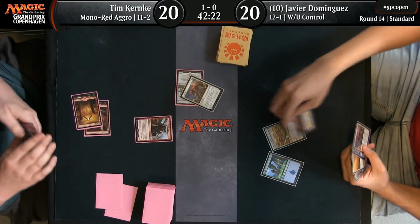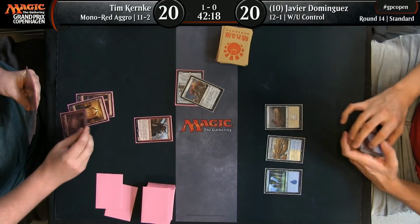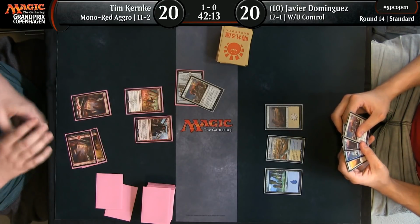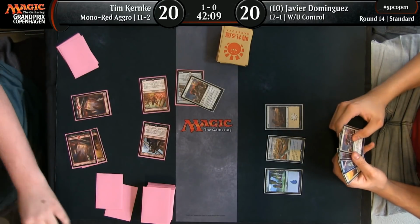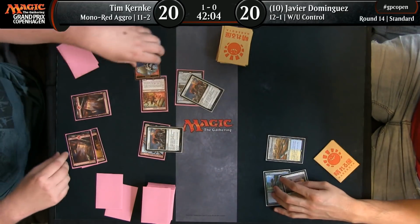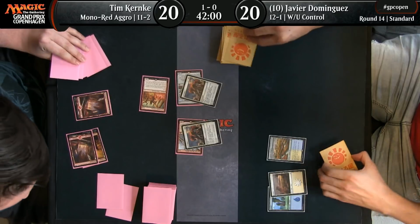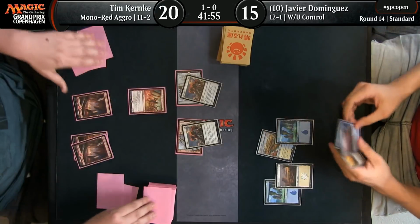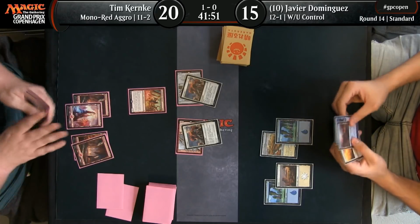Rekindling Phoenix the follow-up here, though it's now Kernke who's missing on land drops. Realistically, his deck is less likely to feel too punished with fewer lands than a control deck. Right now, both players are hitting all their land drops, which is, of course, as you said, important for the blue-white deck. And Javier can keep up even though he's on a mulligan. However, he has an Approach of the Second Sun in his hand, which is a dead card until a lot of turns. And this is a problem for him, because even if he answers all of these threats one by one,